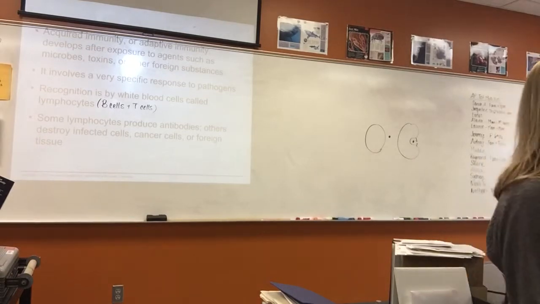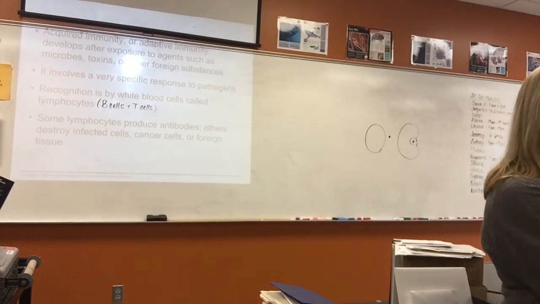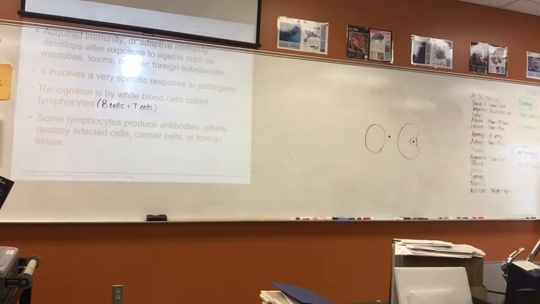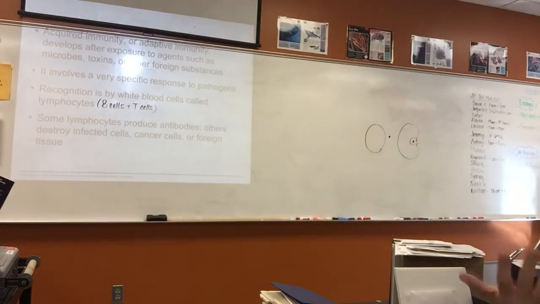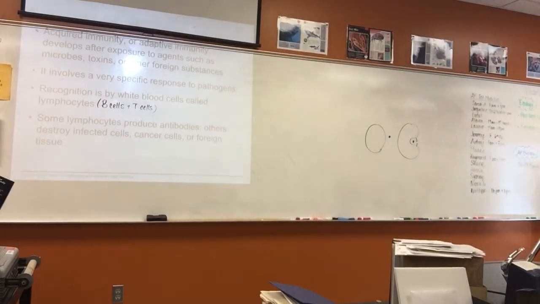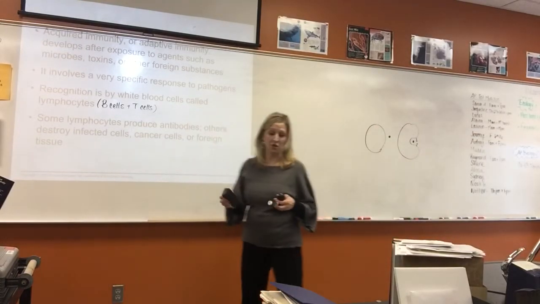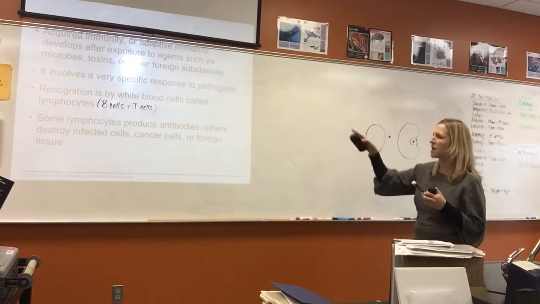So then the next time you come in contact with that pathogen, you attack it at a much quicker rate than the first time. This is something that you get through exposure. All right, so you have to be exposed to something. So the innate immunity is those types of defenses, but this is something that individual people have to come into contact with in their particular lifetime. All right, so we'll talk more about that